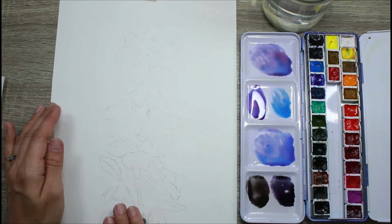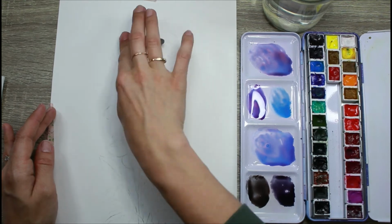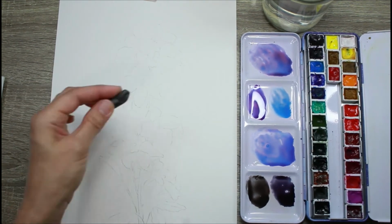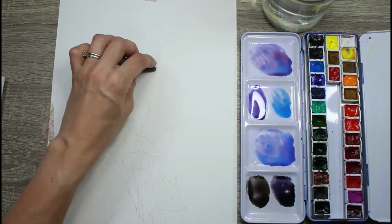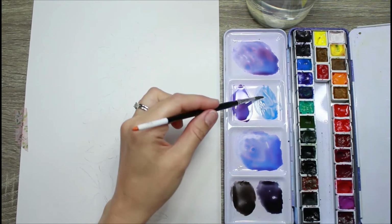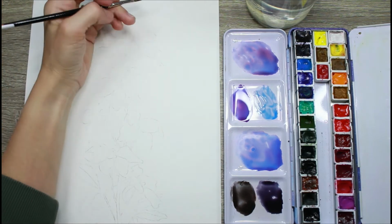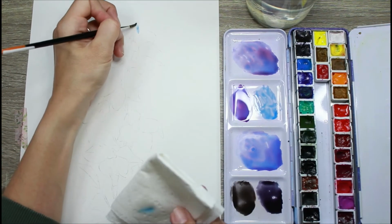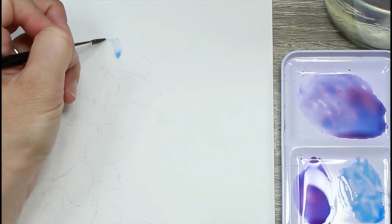I'm removing the excess graphite off my paper with my kneaded eraser. I've just sort of rolled it into a little sort of tube, and then I'm just dabbing away, getting that excess graphite off. I'm going to start at the top of the stalk for the flowers, and just taking some